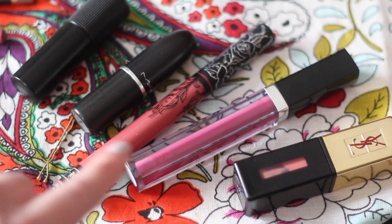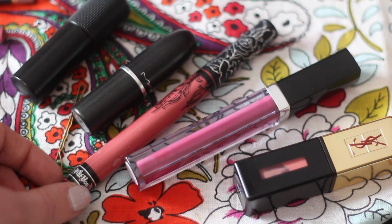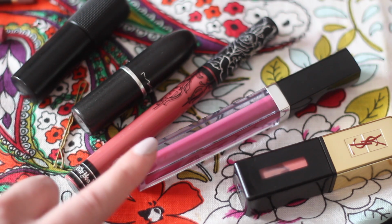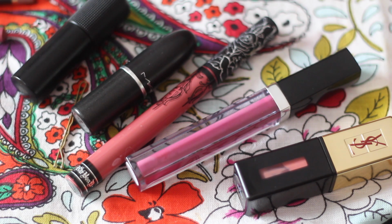And then these two are my current favorite liquid lipsticks. This one from Kat Von D is in the shade Double Dare, and it is a beautiful color. And then this one's kind of interesting. I really wanted Anastasia's Craft. I thought that shade was beautiful, and I was looking up lip swatches on Instagram, and I came across a post where a girl said this is from the brand Aromi, was a dupe for Craft, and she actually liked this formula better. And Aromi sounded vaguely familiar to me, and then I remembered it was featured in Thoughtfully magazine,